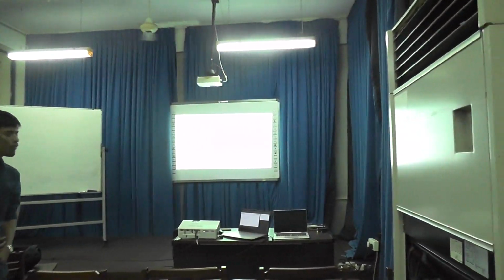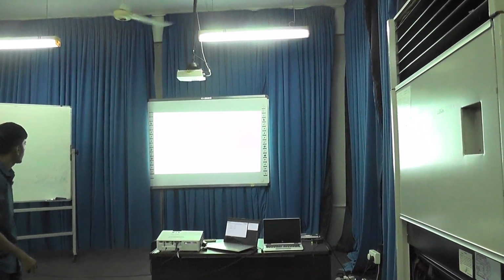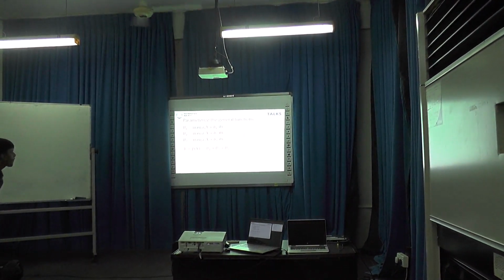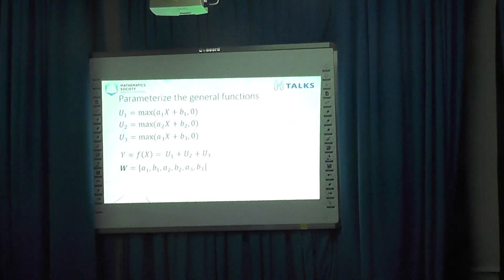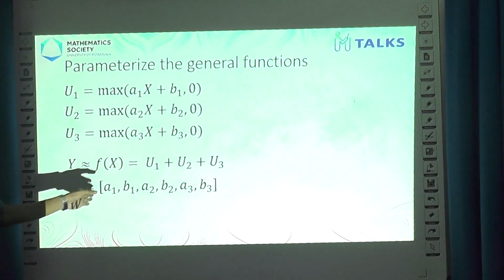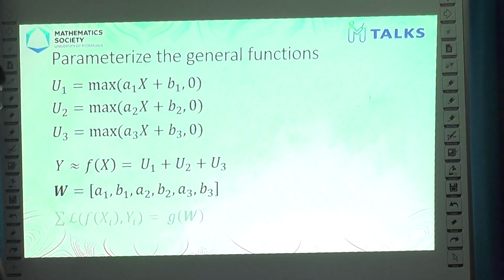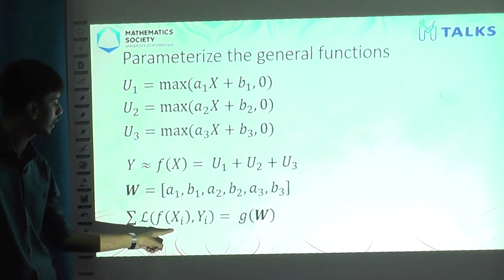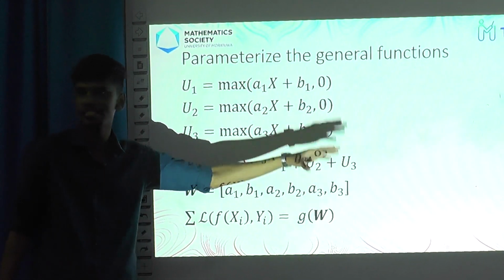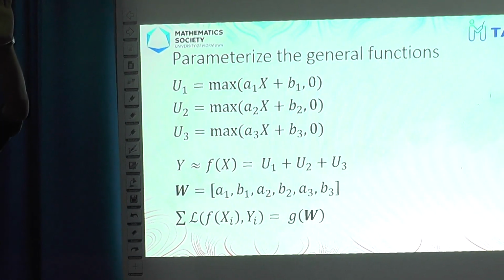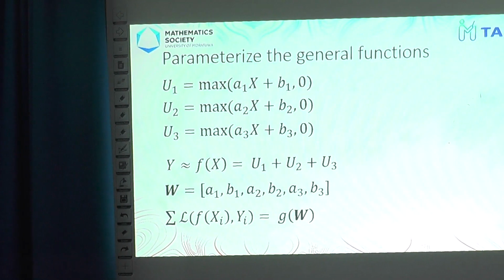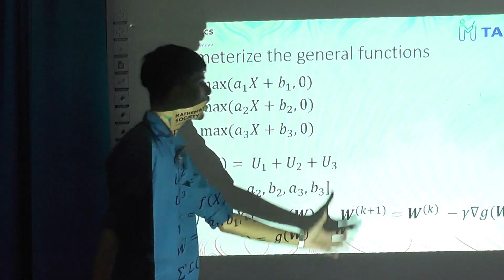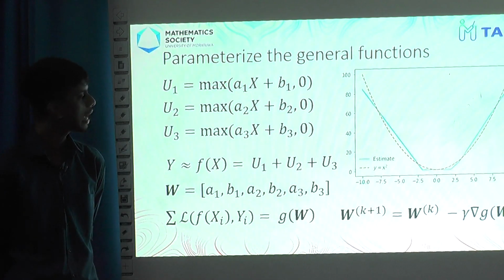So these are the functions I take. Okay, this is my function. And now if you take the function, your W becomes this A1, B1, A2, B2, A3, B3. Because once you take this loss function, f(xi) and yi, what will happen? This f(xi) is in terms of these 6 parameters. Understand? Anyone have any clarification about it? No, right? Then I can perform this gradient descent algorithm, and what will happen is exactly only using